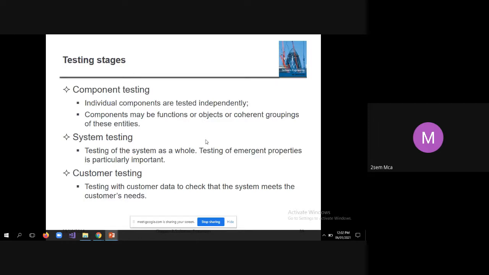See, an individual component can be, say, a user-defined header file, that is one component, or a user-defined function, that is one component, or an interface file, that is one component. So like that, you have to check all individual components within the system. Then if you bring the individual components together and integrate them, that becomes a complete software. Then you have to test the complete system as a whole using system level test cases. So in between component testing and system testing, there is one more thing called integration testing.